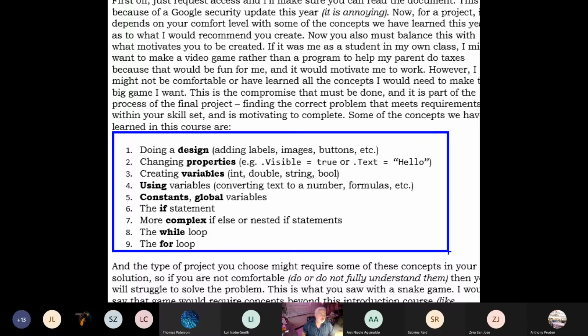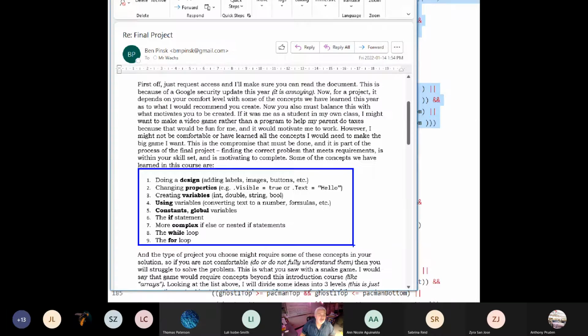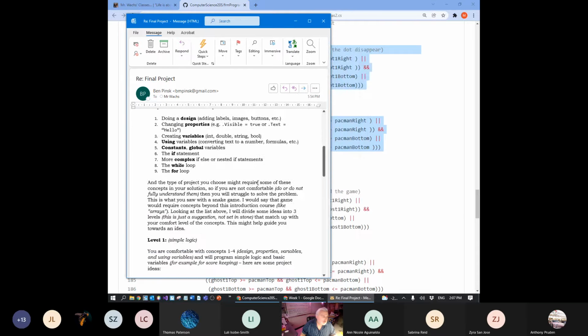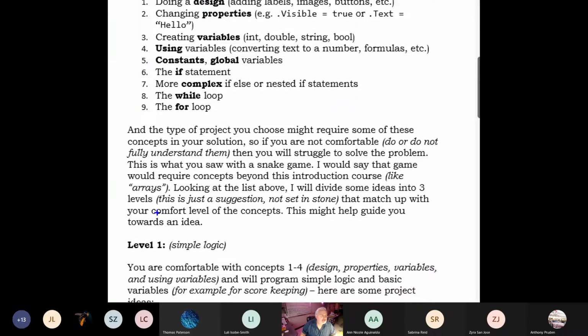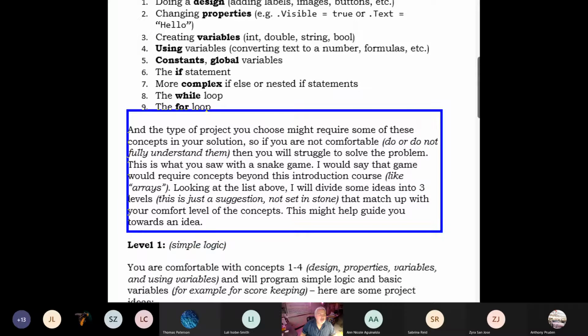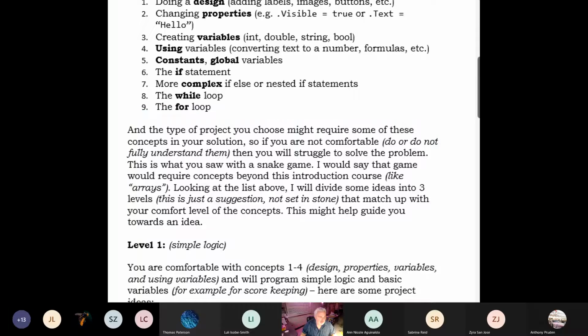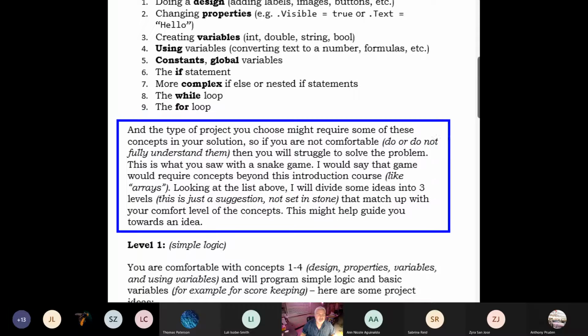That's what I expect to see in your final project, okay? However, I also understand that when you do a final project, as it says here, you may not be able to get all those ideas in there, right? Like you may, for example, it's difficult for students to find a place to put a loop into their code, okay? And that's why I've given a lot of sort of leeway on how you can get graded on that